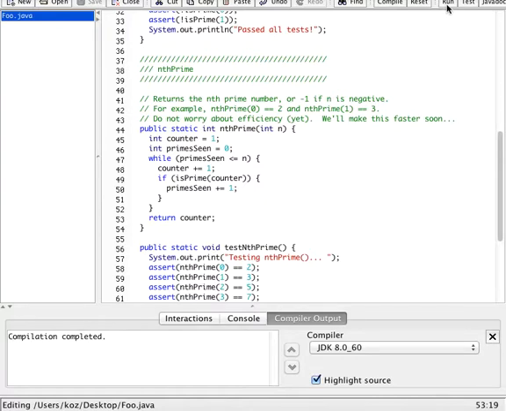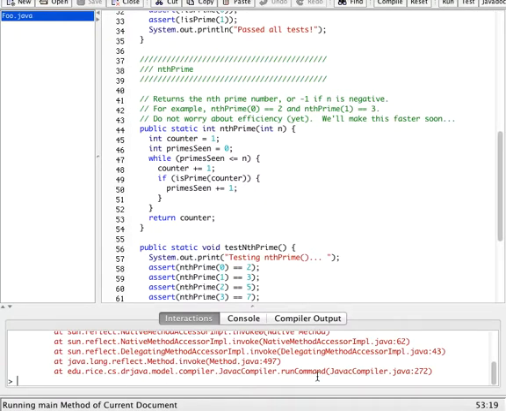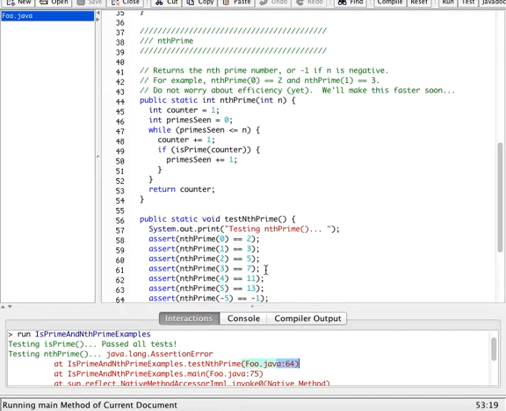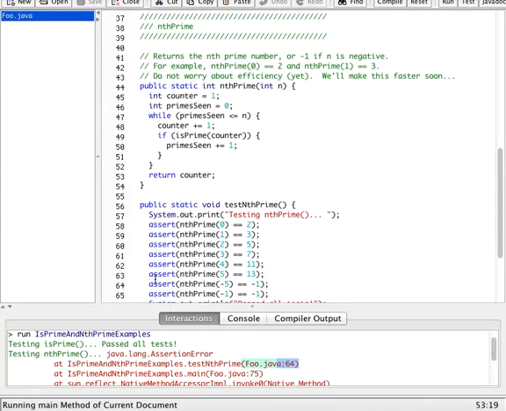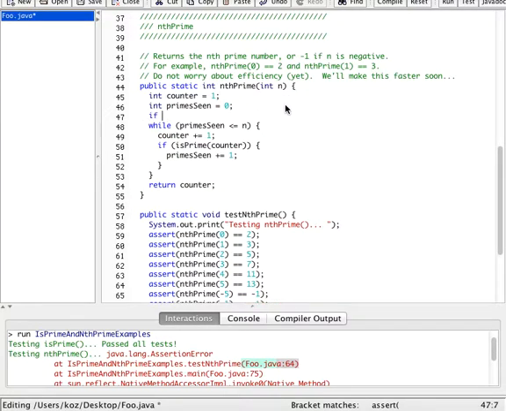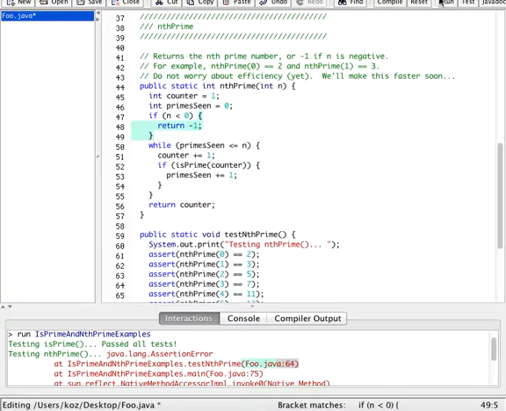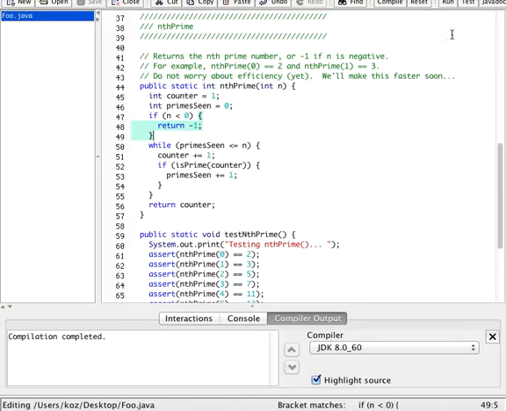It compiles, and we run this, and it does not run. It crashed on line, see right there, 64. So the test that we failed on is the -5, -1. Okay? Well, where here do we return -1? We don't anywhere. So that we said right here, -1 if n is negative. We forgot to account for that. You can do that right off the top. You can simply say if n is negative, then go ahead and return -1. Now we compile that, and we run,